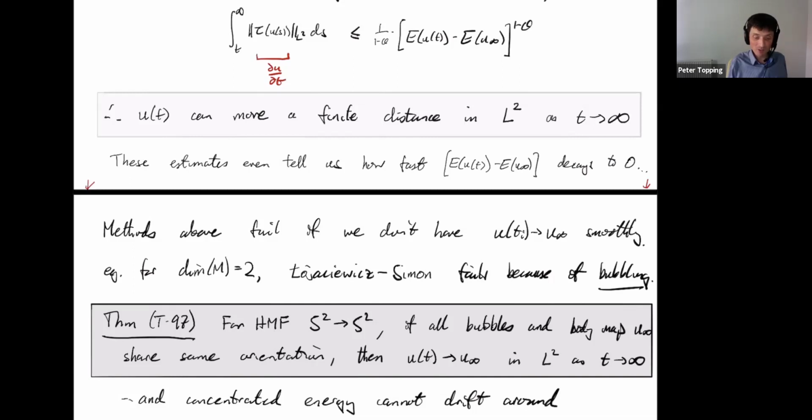So this situation is where you have harmonic map flow, and the domain, which we've already decided is a surface, let's say it's S2. And let's say it maps into another surface, and then the interesting case is when that surface is S2. So we're doing harmonic map flow from S2 to S2. So the theorem, which I won't explain in detail, basically says if all the bubble maps, if you know what that is, and if this limiting map, which I think actually in that paper the phrase body map was coined, if all of those have the same orientation, then actually everything works.